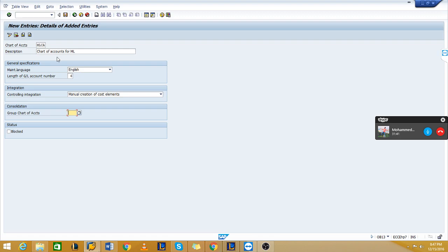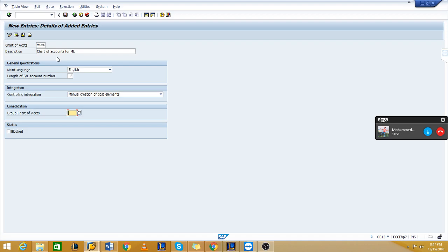Normally, like how you have created this chart of account, you will create a group chart of account also in the same way, as one chart of account, and you will assign that chart of account here. Then it will become a group chart of account.